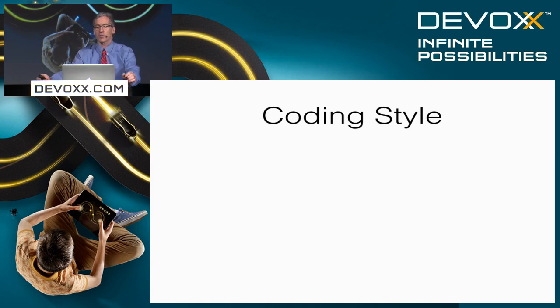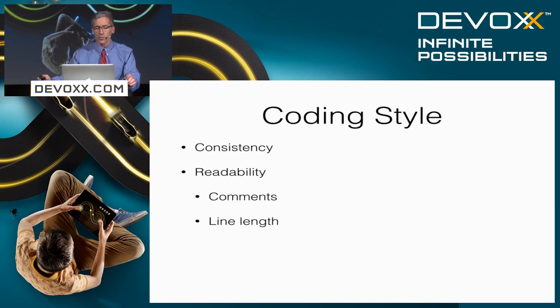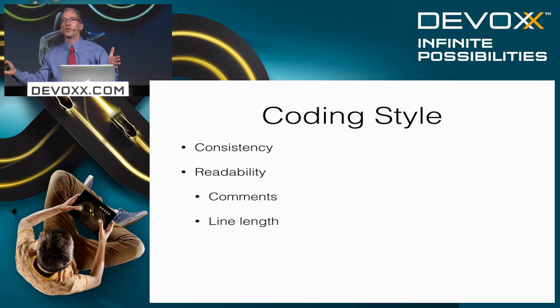There's several metrics of coding style that you should pay attention to. First of all, you want it to be consistent so that you remember what it was you actually did 2 months ago. Secondly, you want it to be readable, right? You want comments, as we talked about already, and you want to have an appropriate line length. A lot of people go for a standard of 100. The traditional line length was 80 back when monitors were much smaller. I like to go for 20 or maybe even 10.